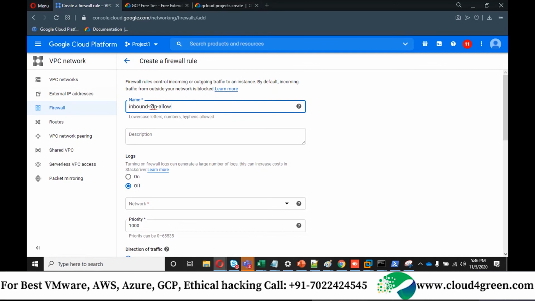So when I keep inbound RDP allow, which means if I build a Windows machine on my subnet, it should allow an RDP. I hope you would have heard about NSG, Network Security Group in Azure, right?